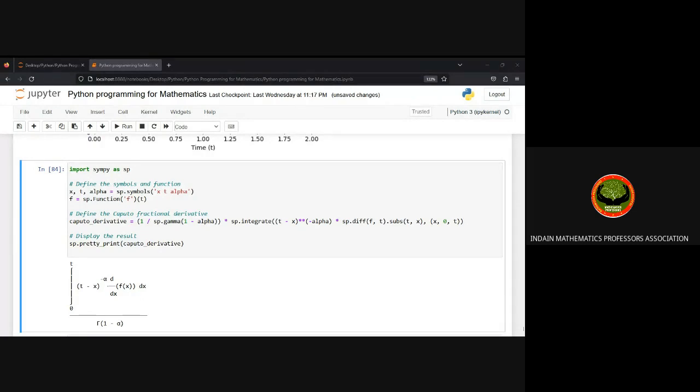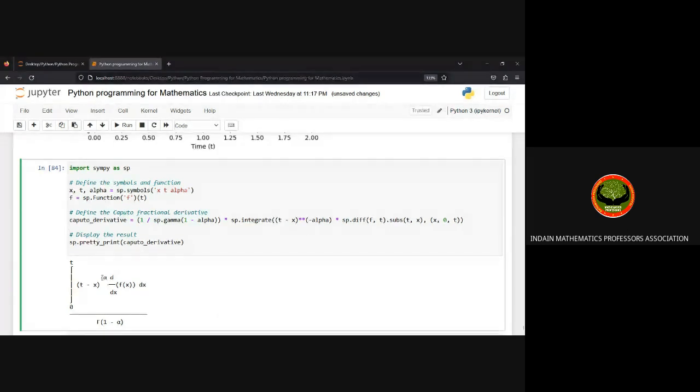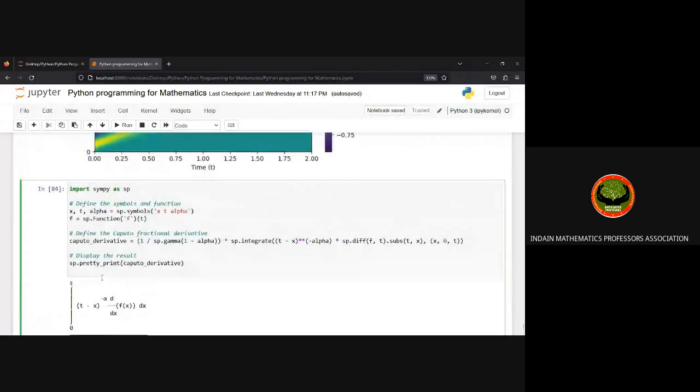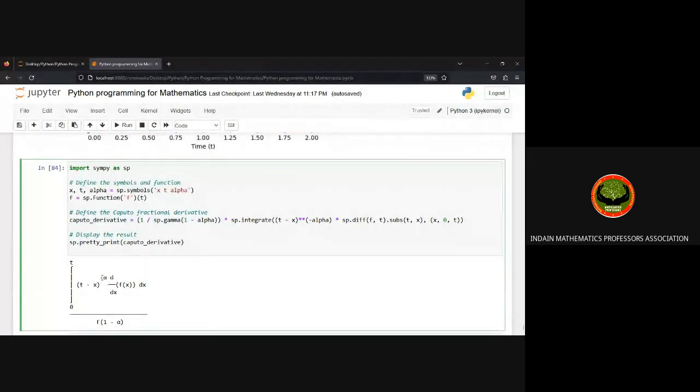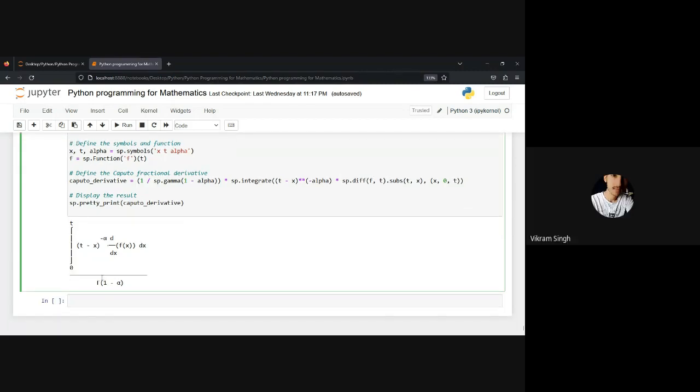Yeah, I have found it in my database for eigenvalues and eigenvectors. This is a result for the Caputo derivative, I think. Vikram Singh, is this your question? Yes, sir. Okay, thank you. So the next one is